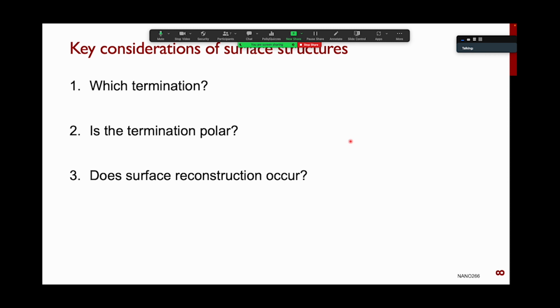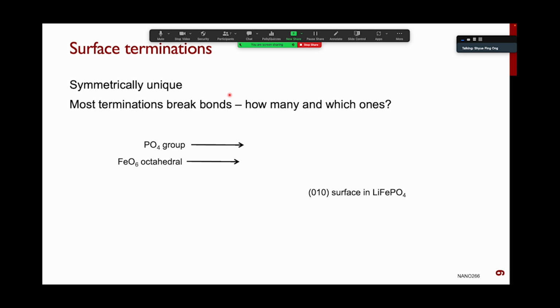so whenever you do surface calculations, there are a few considerations that you must take into account. Okay, one, what's the termination, right? I'm going to talk about this in a little bit. You need to consider whether the termination itself is polar, and whether surface reconstruction can occur. Okay, and all these can have potentially significant effects on the properties of the surface that you calculate. All right, let me start by talking about terminations, right? So